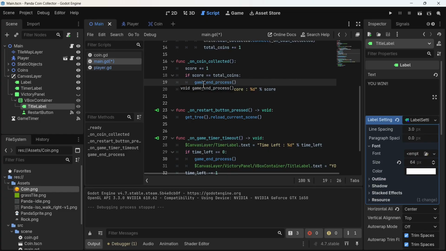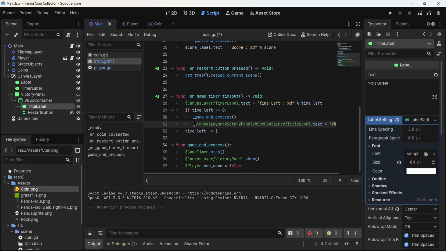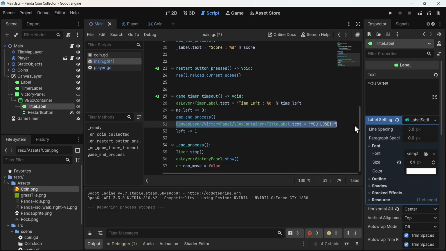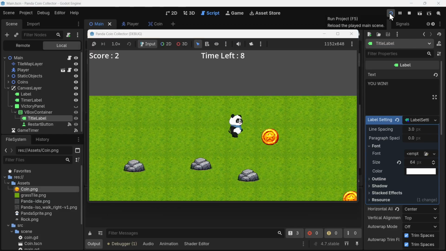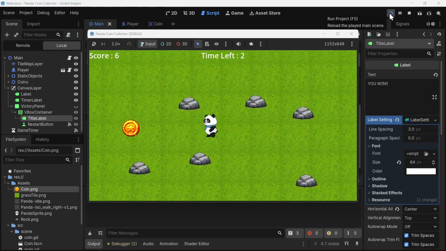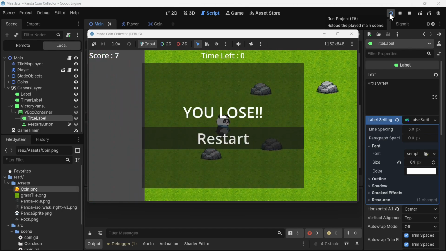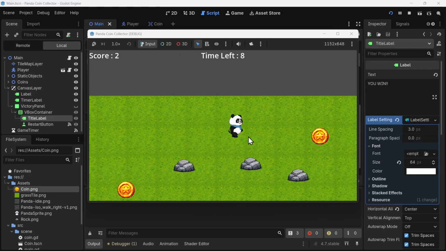The only difference is that on win condition we are just calling this, and on the lose condition we are calling you lose text with it. So if I play the game now, you can see I go on collecting the coins and I lost. I didn't collect all the coins. If I restart it and if I try to collect it again,